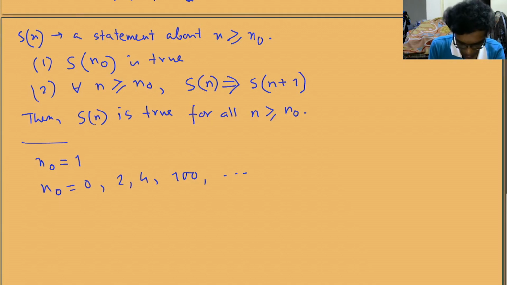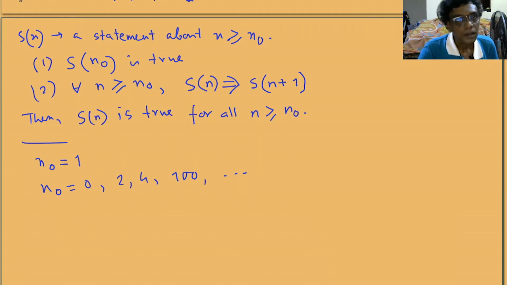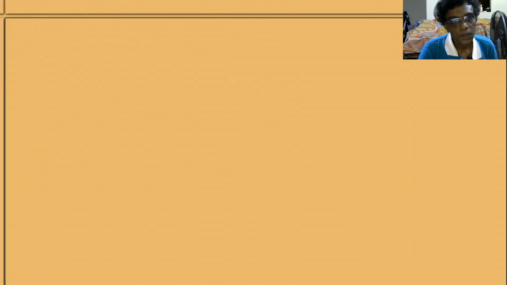So now let us see how the assumption of either well ordering or the principle of induction allows us to prove a lot of interesting theorems about integers. I will give you a series of examples one after another to demonstrate how such proof techniques can be very useful to us. Maybe I start with example 1, a very easy one.